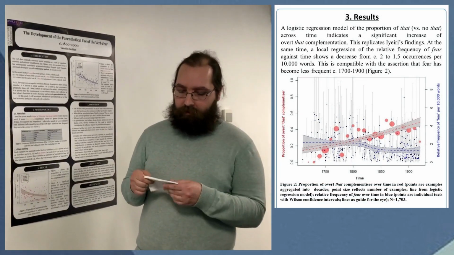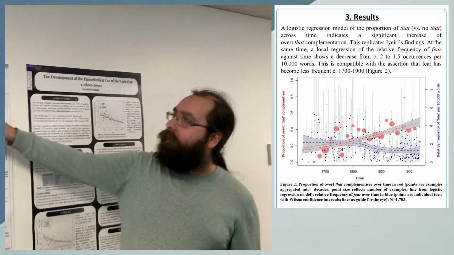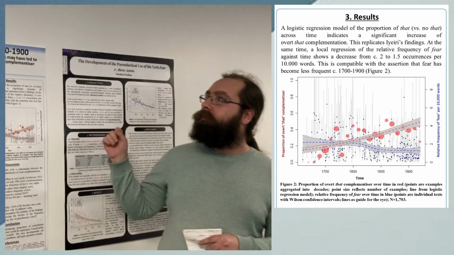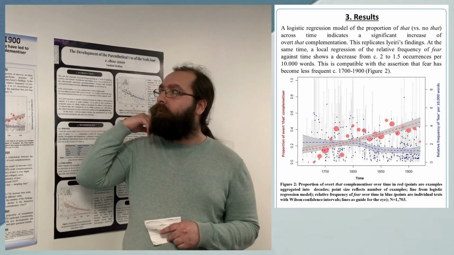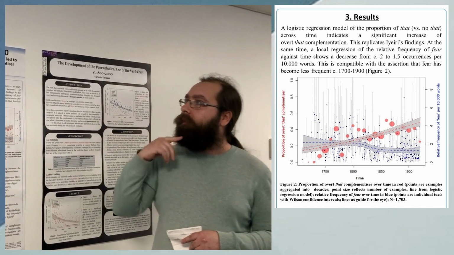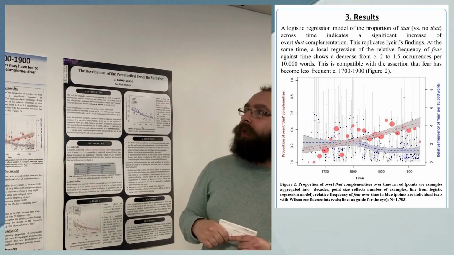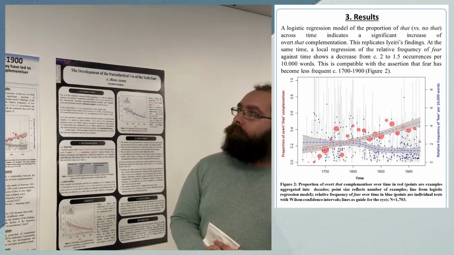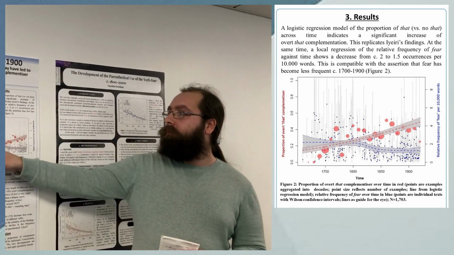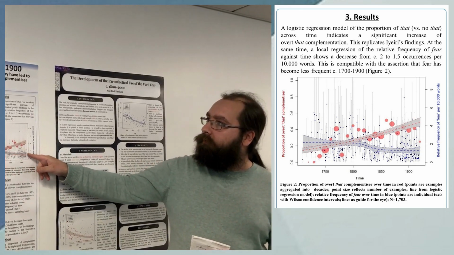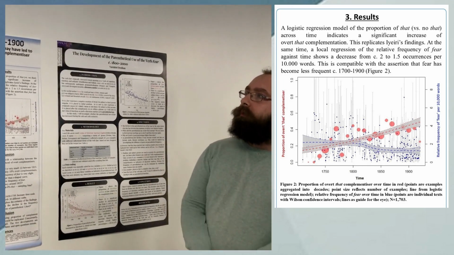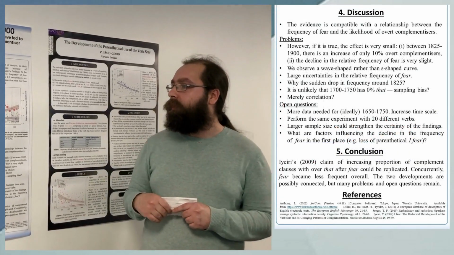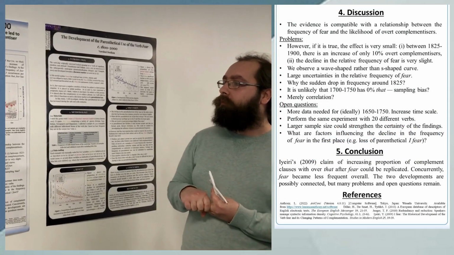And the results of this research were as follows. A logistic regression model of the proportion of that versus no that across time indicates a significant increase in the rate of overt that complementation, as you can see in the red line. And this replicates Iyeiri's findings. And at the same time, a local regression of the relative frequency of fear against time shows a decrease from circa 2 to 1.5 occurrences per 10,000 words. As you can see here, there's a dip around 1825. And this is compatible with the assertion that fear has become less frequent during this period. And as well, this evidence is compatible with the relationship between the frequency of fear and the likelihood of overt